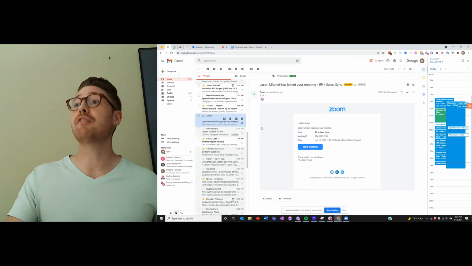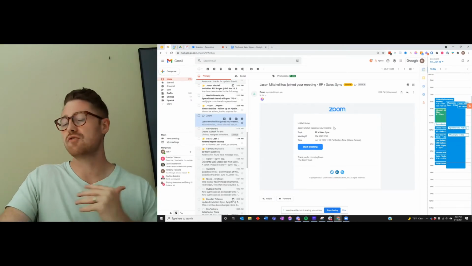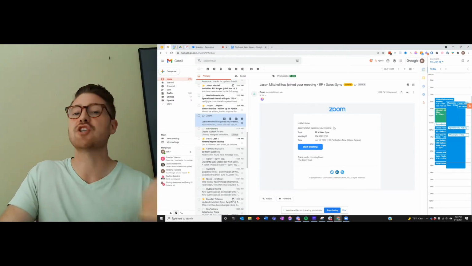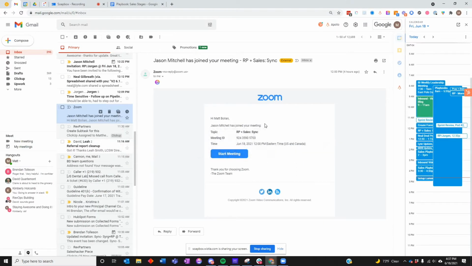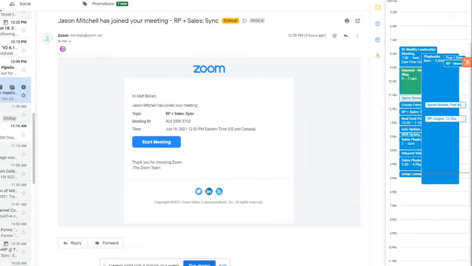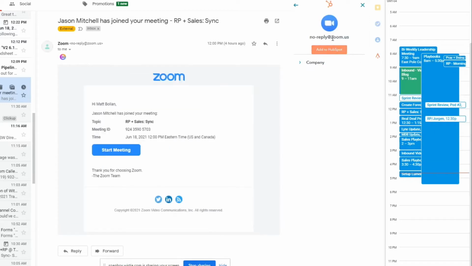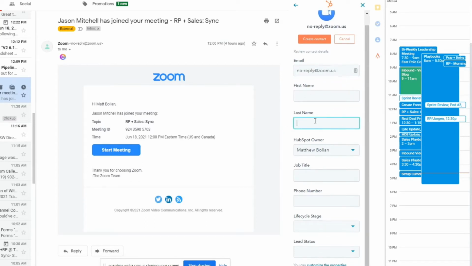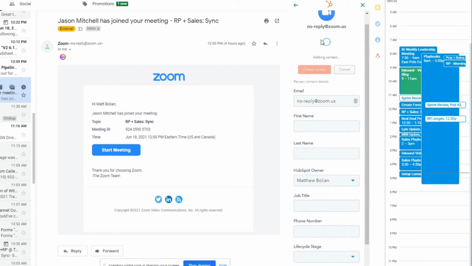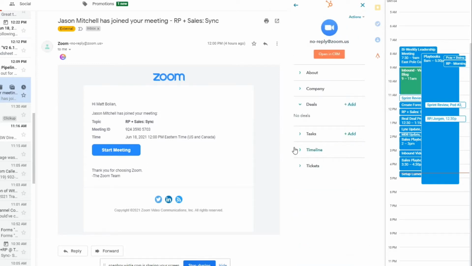So first, I'm going to start with an example. I'm talking to my friend Zoom here, and I want Zoom to be a contact directly in the CRM. I don't want to have to go to HubSpot and create it. I just want to create it straight in my email platform. It's as easy as this. If you have HubSpot downloaded on the right side of your screen, you can click HubSpot and you'll see something that says add to HubSpot. So I can add to HubSpot, and it's going to auto-populate. Clearly, there's not a first name or a last name, but it will auto-populate some information and you can create that contact. Once you create that contact, it's going to add it directly to your CRM.